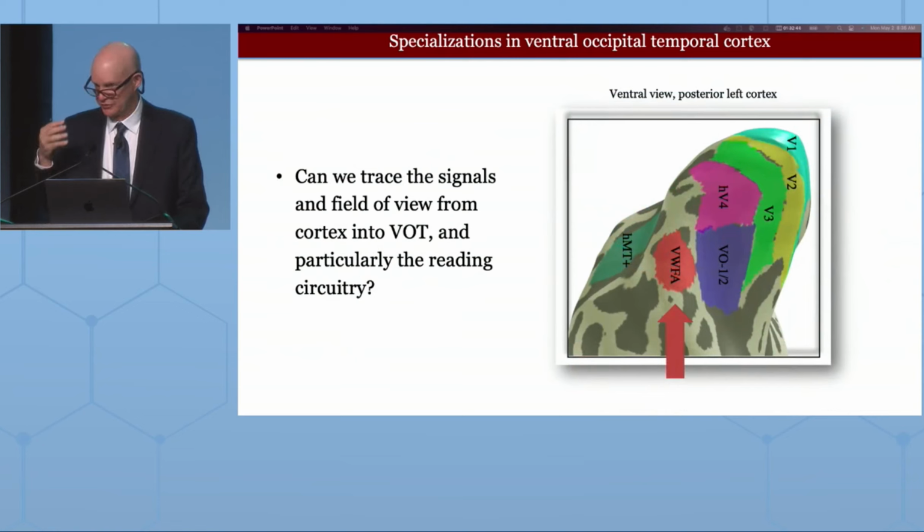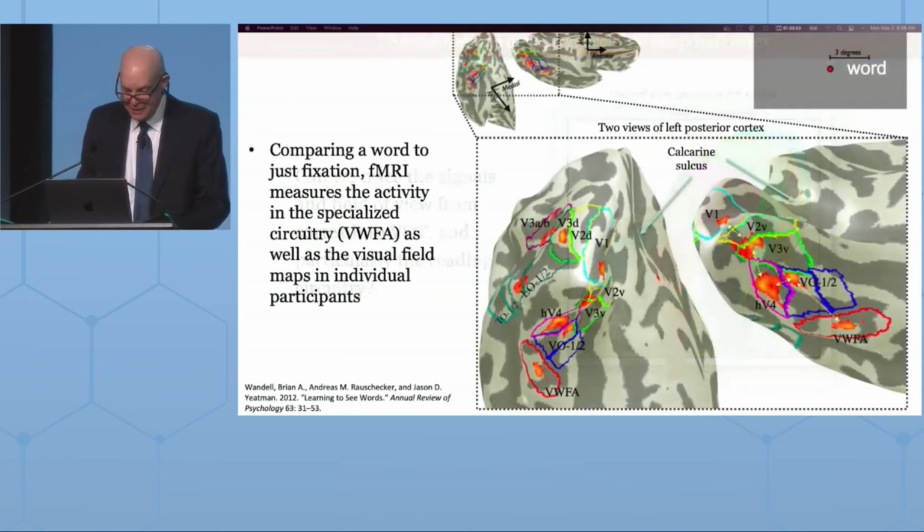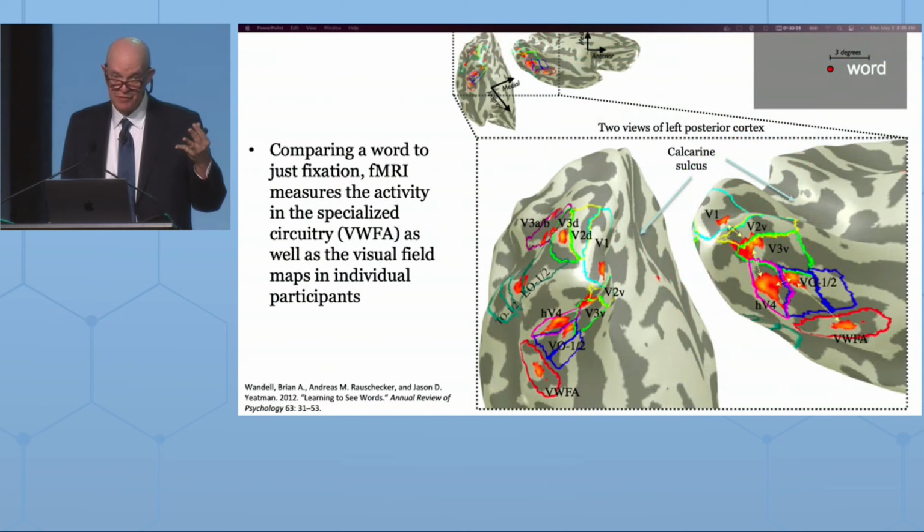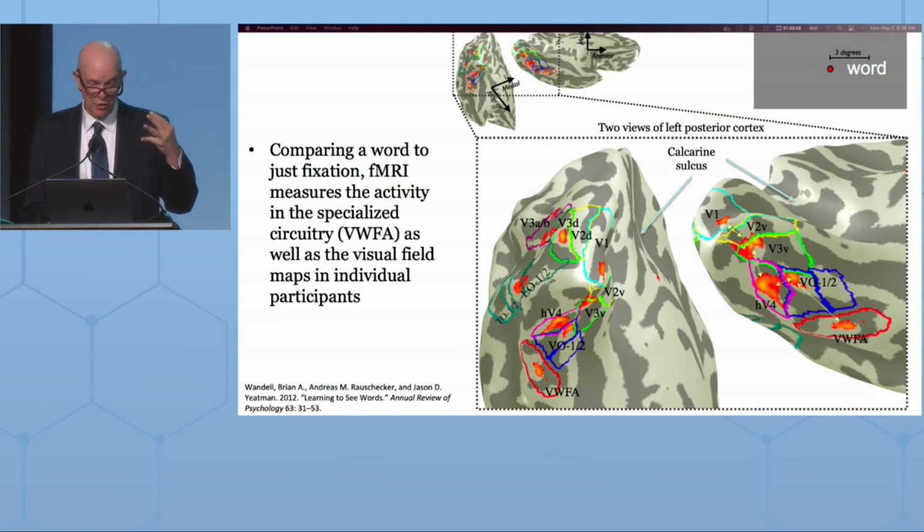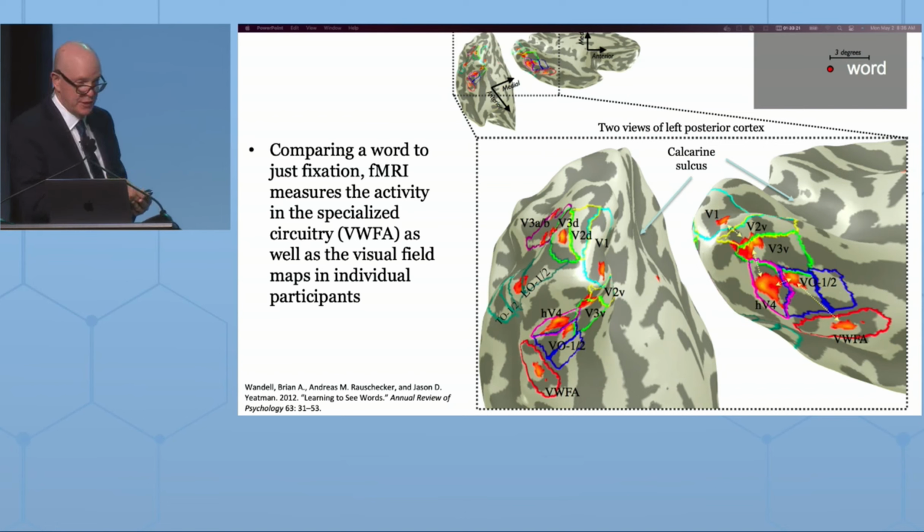So I look at these kinds of things to try to participate, and this is right adjacent to visual cortex. We started to look at this and ask, can we trace how the visual signals are carried into the reading pathways, and perhaps study children as they're learning to read, and see how these responses develop over time? I'm only going to tell you a little bit about it, but the basic story is I believe that remains a good topic to study, even though I'm no longer focused on it myself. And it's something that you can see in individual subjects, at high spatial resolution, in experiments like this, which is with Andreas Rauschecker.